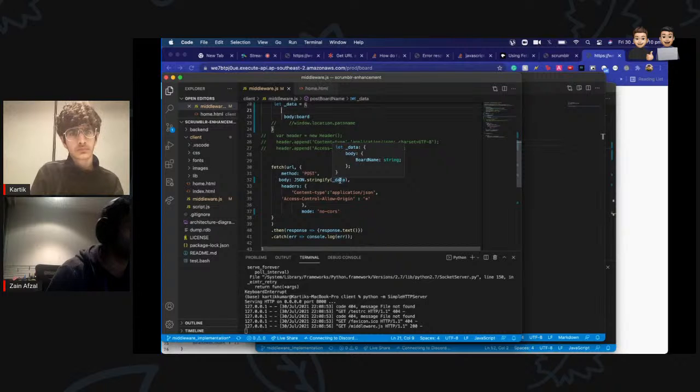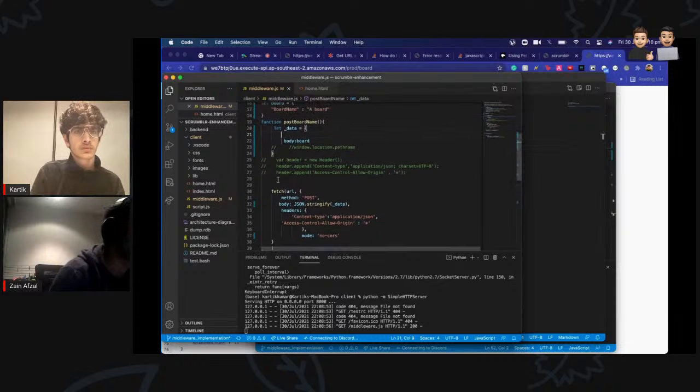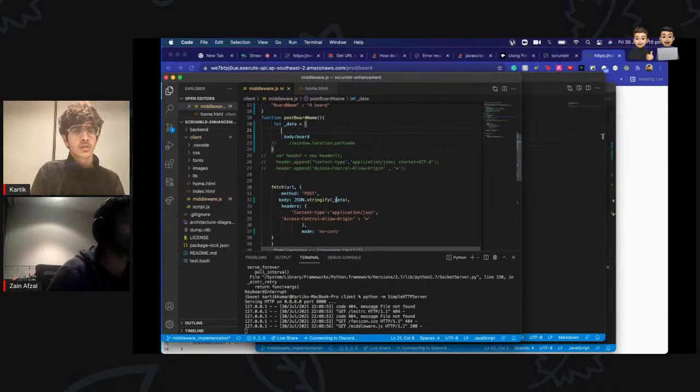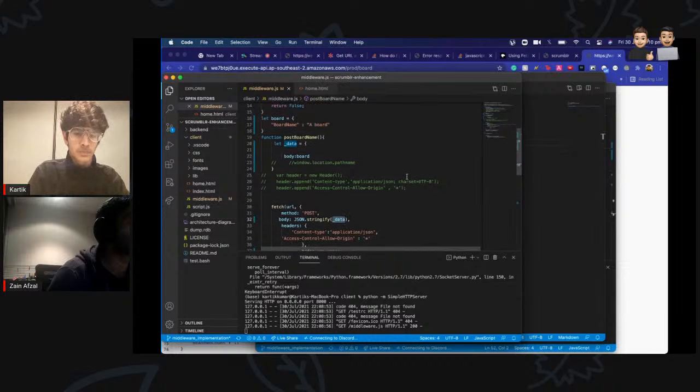Why do we have an underscore there? How about if you remove the underscore from data on line 20? Actually, how about I pass it bold? Do that as well.